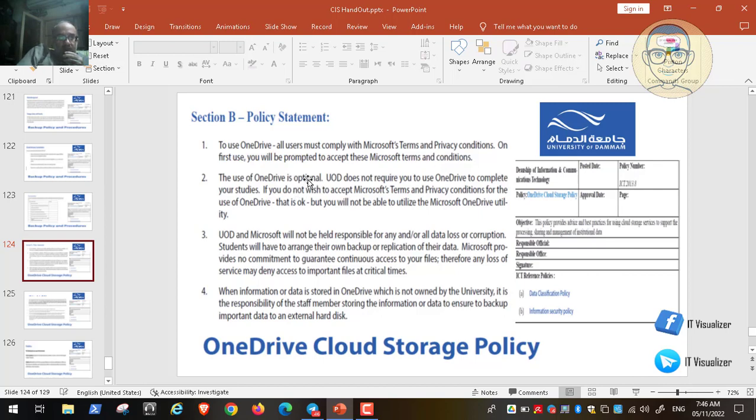Then the use of OneDrive is optional, so it's not forcing you to use OneDrive or to use the cloud storage. Okay, UOD, or Dammam University, does not require you to use OneDrive to complete your studies. So you are not required to save your data on the cloud to complete your studies if you are taking a course in the university. If you do not wish to accept Microsoft terms and privacy conditions for the use of OneDrive, this is okay, but you will not be able to utilize the Microsoft